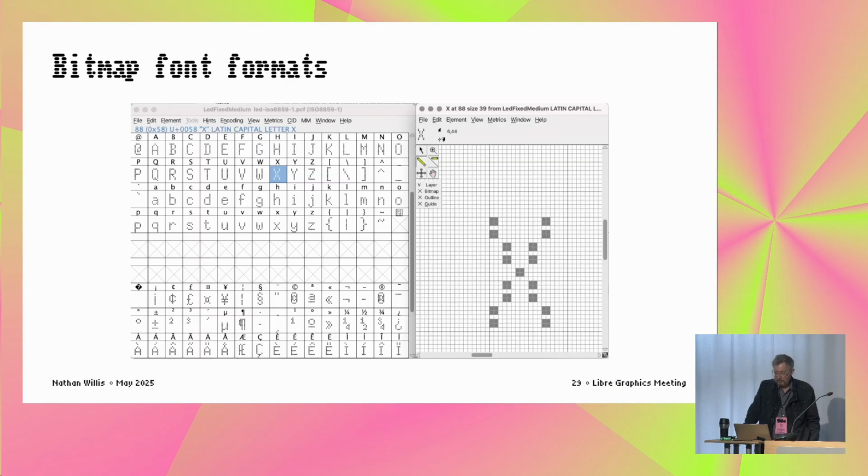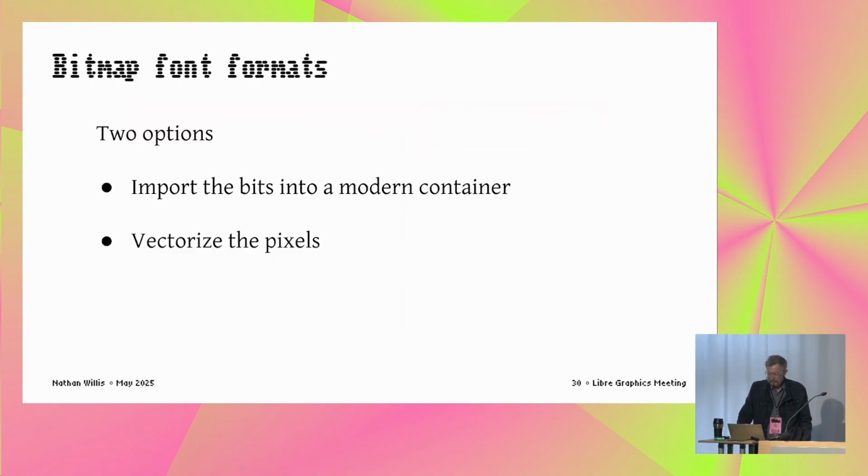And if you want to poke around, you can actually open up PCF fonts in FontForge. This is actually a PCF font, I think. But what you see there in the editing tool is a pixel grid editor. There's not a lot of tools. That's why you can be sure that you're looking at a bitmap. So if we're going to take those original bitmaps from the old format and put them into a new device, what would we do? There's two ways to look at that: bitmaps themselves in the modern container, and then turn them into vectors.